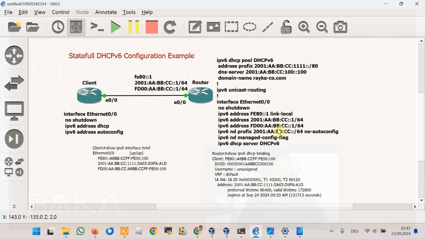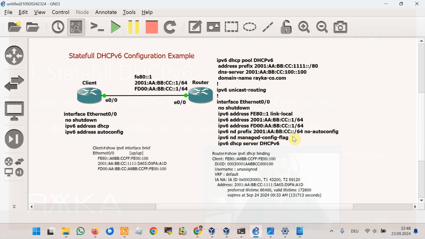And then I've disabled the A flag or autoconfig flag for the global unique address prefix, since the A flag is enabled for all prefixes by default. And also I've enabled the managed config flag, which instructs the users to start a DHCP version 6 process to receive an IPv6 address also through the DHCP version 6 server.